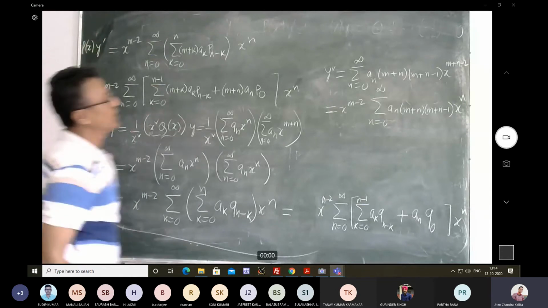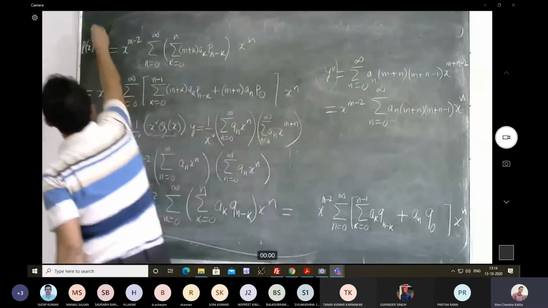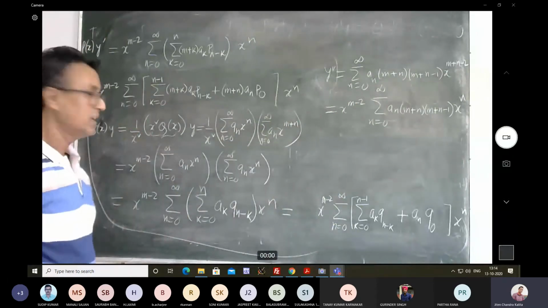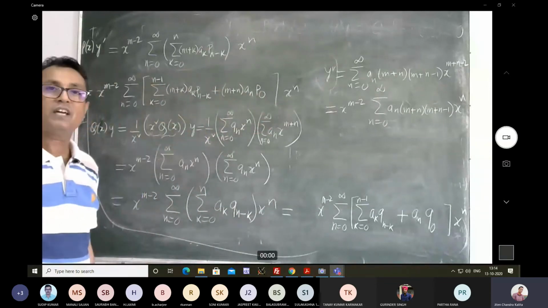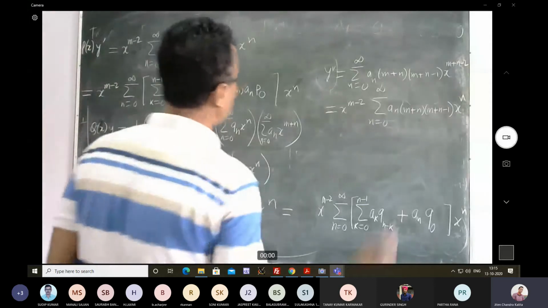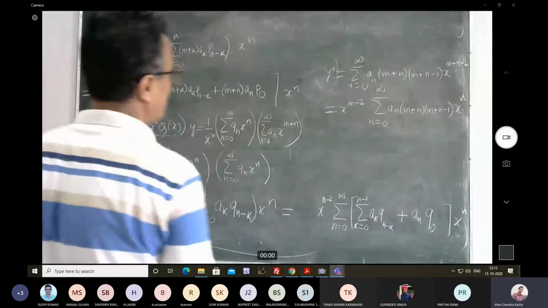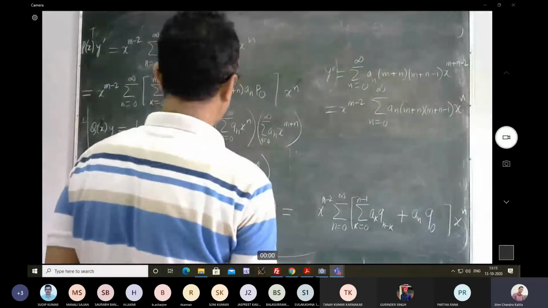p(x) y prime, right? So the given differential equation was y double prime plus this and plus this equal to 0, right? So once we plug in all the values here, and if I cancel out x to the power n minus 2, then what I am going to get? Now you get to know why I am doing all this stuff. Okay. So what I am going to get,